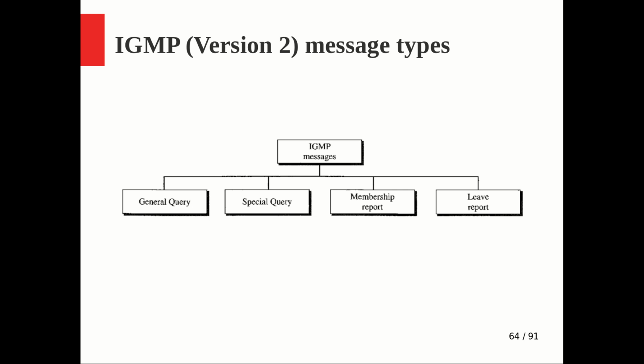So whenever such a general query comes, the individual hosts are supposed to send the membership report. By looking at the membership reports, the router can understand that this host is interested in these groups, and that another host is interested in these other groups, and accordingly it will keep its list. But if no response comes for a particular group ID, it can simply remove that group ID, because there is no active member of that group in that particular network. So that is the purpose of the general query.